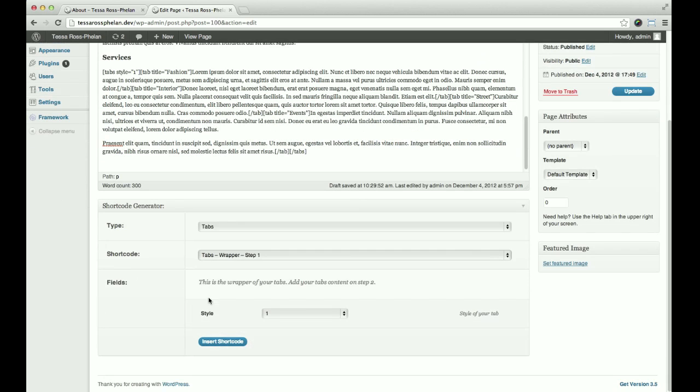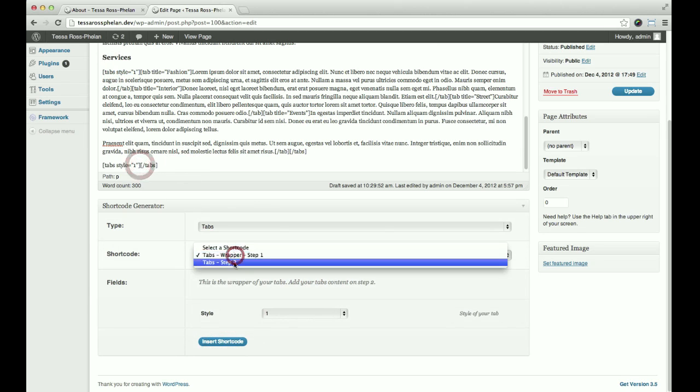And then here it says, this is the wrapper of your tabs. Add your tabs content on page on step 2. Now, that's a tab style 1. So I'm just going to insert that shortcode. So here we have our wrapper. Now we're going to go to step 2, which is